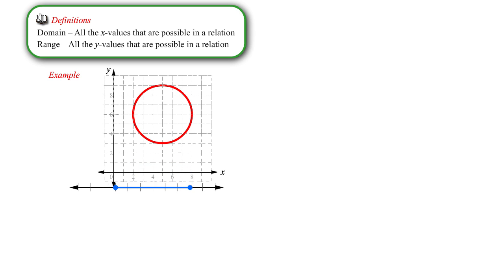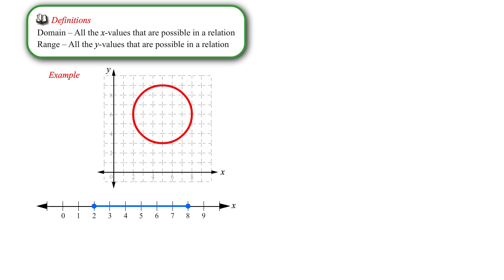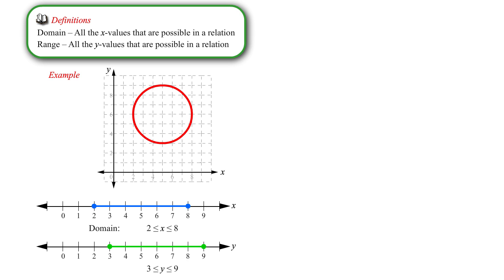Now, if we look at just the axis after squishing this down, we can see that we have a set of numbers, which we can describe as x being greater than or equal to 2 and less than or equal to 8. We have discovered the domain. Now, if we do the same thing with y, squish our graph to the left until we get just the y values of our graph, and then look at this axis as its own number line, we can see that y is the values between and equal to 3 and 9. We have discovered the range.